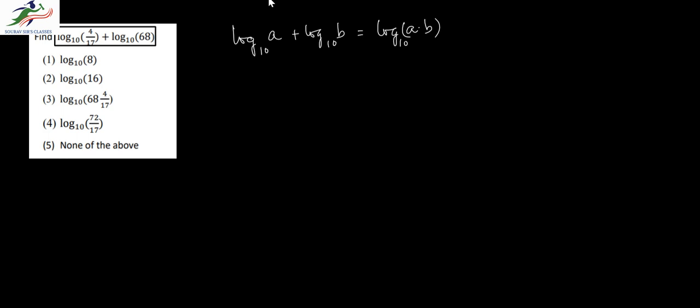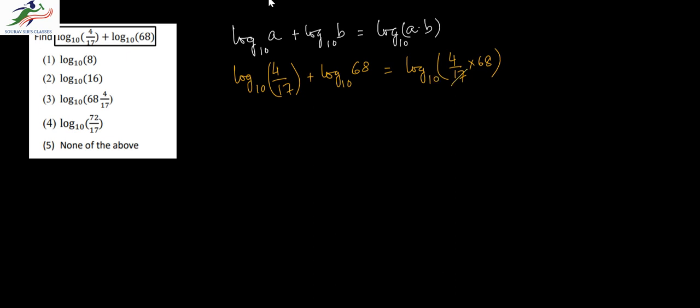formula in this expression. So log of 4 by 17 to the base 10 plus log of 68 to the base 10 will be equal to log of 4 by 17 into 68 to the base 10, and that would be equal to log of 16 to the base 10. So in the given option, we can see option 2, log 16 to the base 10, which is the correct